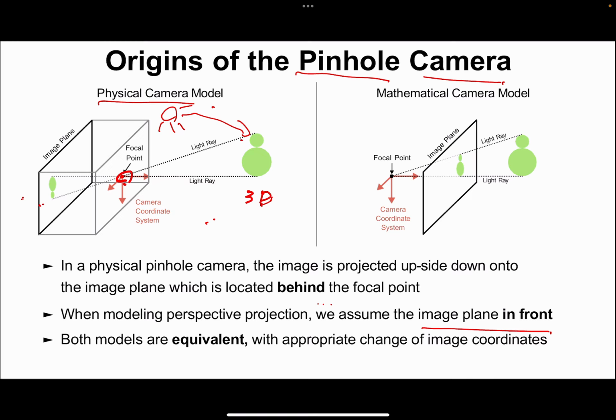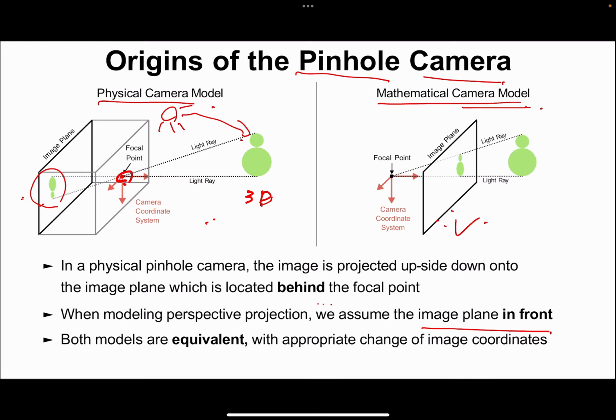So in the mathematical camera model, from now on, in the mathematical camera model or any computer vision, computer graphics, anything, we are going to say the image plane is in front, this one. The actual image plane is behind the focal point, but there's no difference. We always multiply by -1, then we can prevent it from being upside down. That becomes much easier. So in the mathematical camera model, we say the image plane is in front of the focal point by just